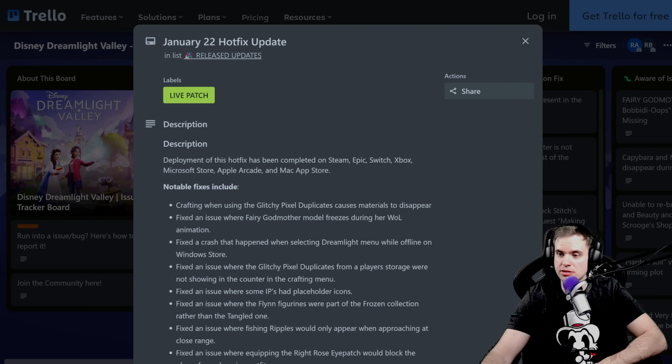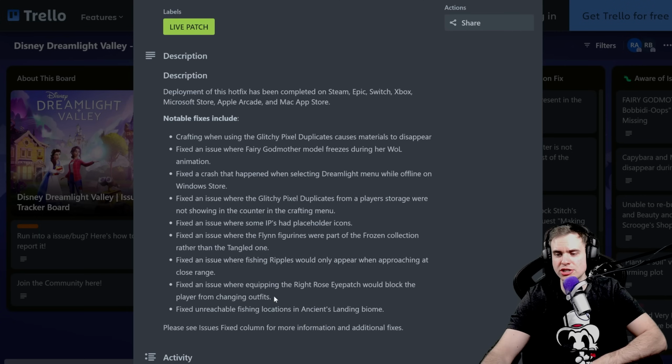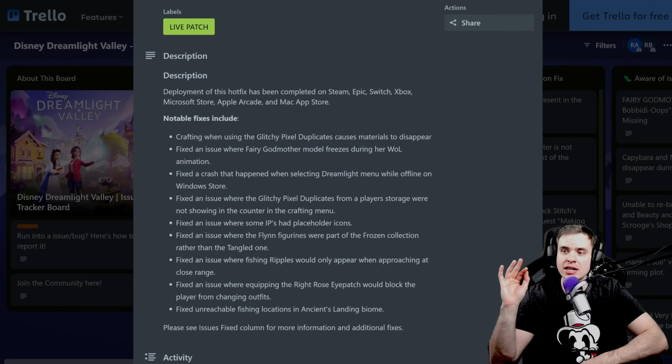Okay, crash. But the other crashes I've never heard about, and they're probably the less important. There are still lots of glitches that I've seen people complaining about in the comments. So these are some of the fixes. They definitely didn't address all of the issues, but they fixed the glitchy pixel duplicate, which was the big one,